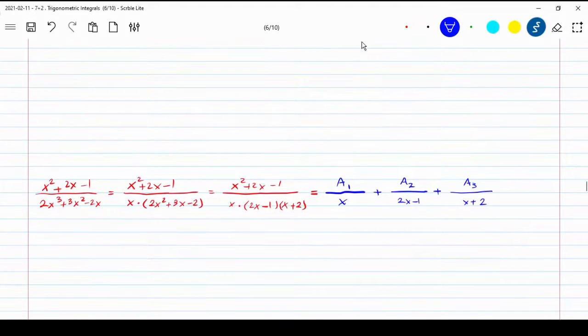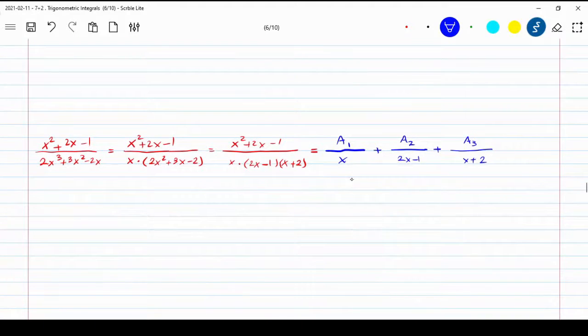So we kind of go backward. At this moment, we assume this is true, and we try to figure out those constants, a1, a2, and a3. How do we do that? We do common denominator on the right side. So let's assume a1 divided by x plus a2 divided by 2x minus 1 plus a3 divided by,